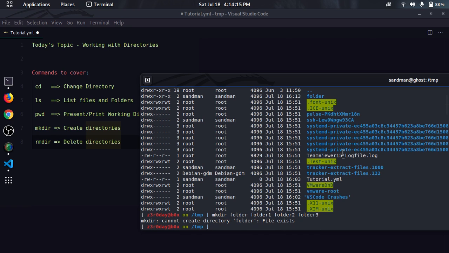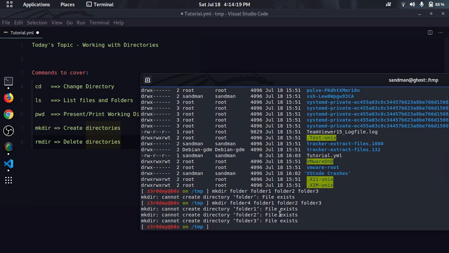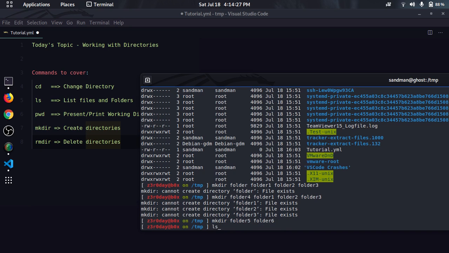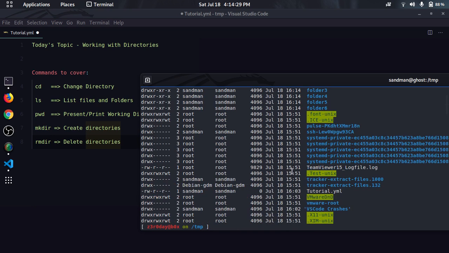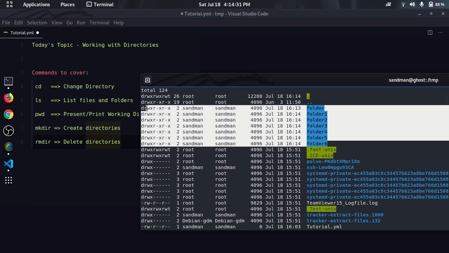So as it exists, let me change it to 4th. Folder 5, folder 6. Now as you can see, we can create many folders in a single command. So this is very easy to use.